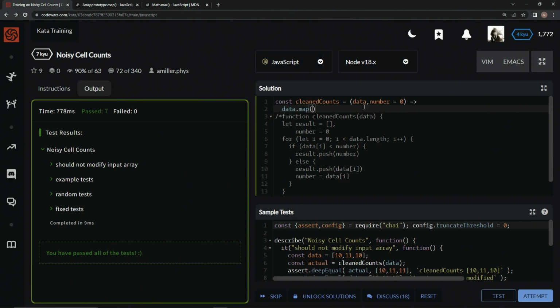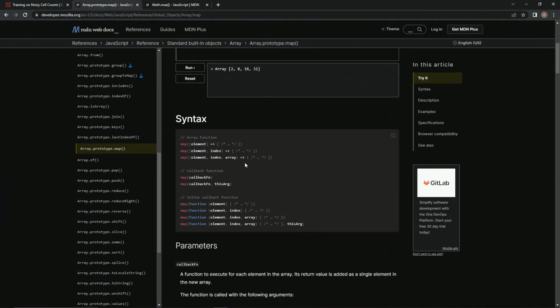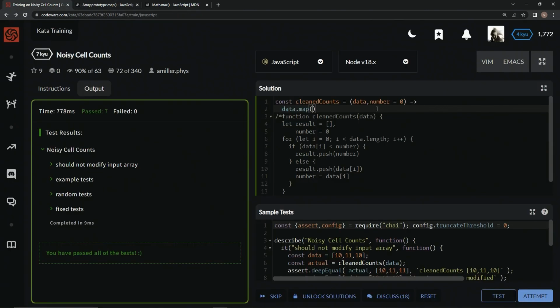All right, so we're going to come down here, and to every element, what we're going to do, first things first, let me show you. Down here, the syntax we're going to use is this arrow function syntax, where we say the data.map, and we'll have element here, an arrow, and then the expression. So we're going to say element here, arrow, and then for the expression that we're going to do to every single element is we're going to say number equals